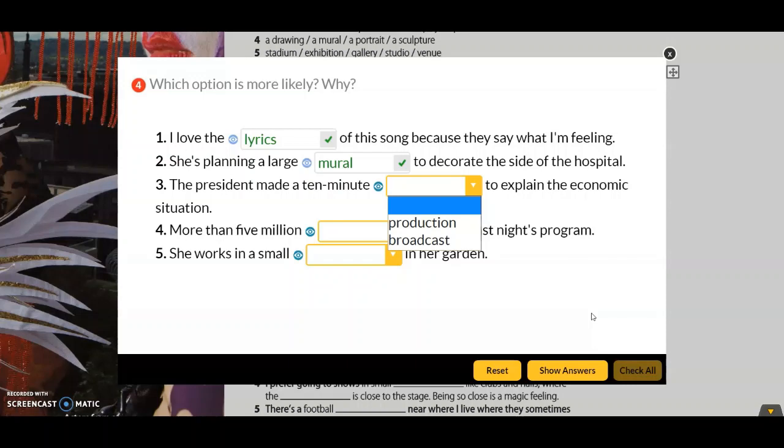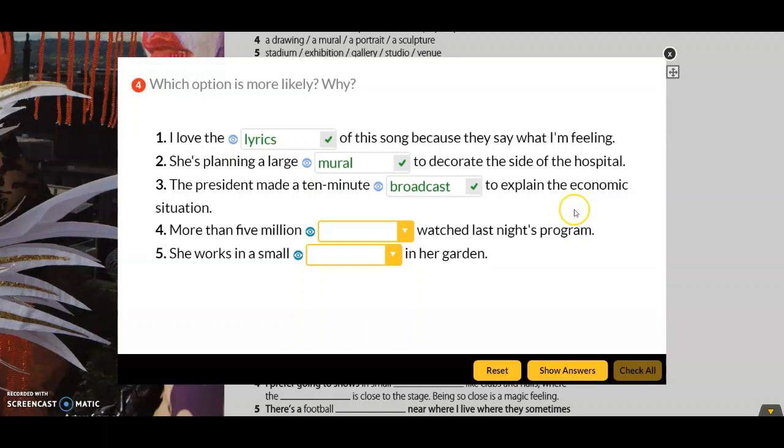The things that you see is not a production. It's the things that are behind the camera. So that's a production. So the correct option would be broadcast. Let's see if it's correct. Yes. Remember, guys, that broadcast is when the